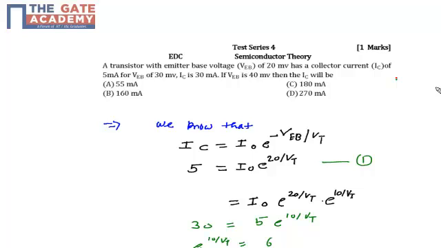Hello friends, this question is from test series 4 from the subject of EDC, and the topic name is semiconductor theory. It's a 1 mark problem. In the problem, it is given that there is a transistor with an emitter-base voltage VEB equal to